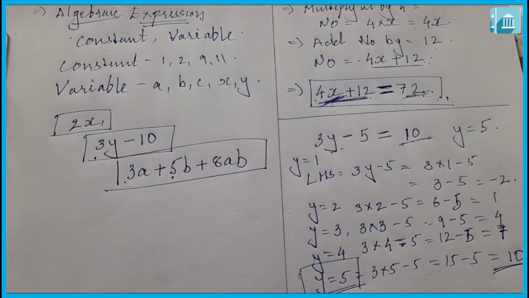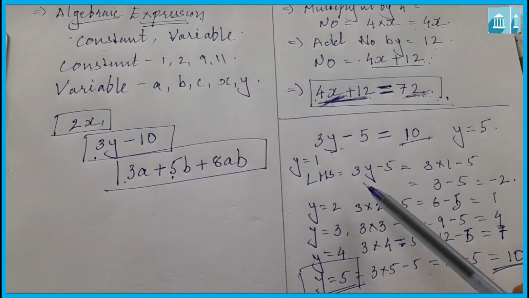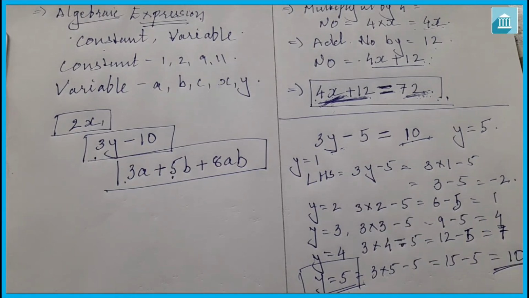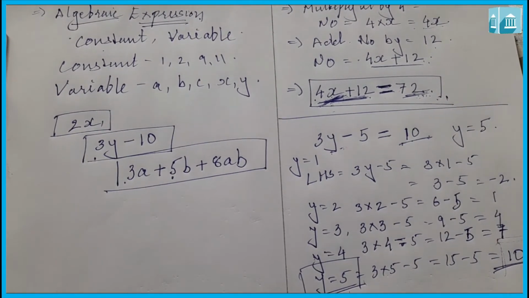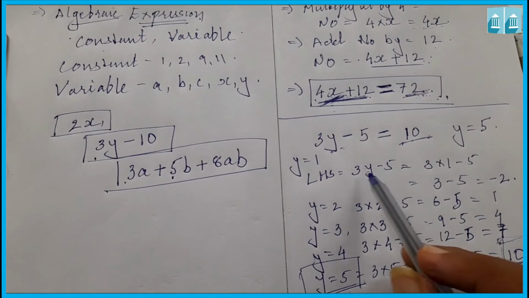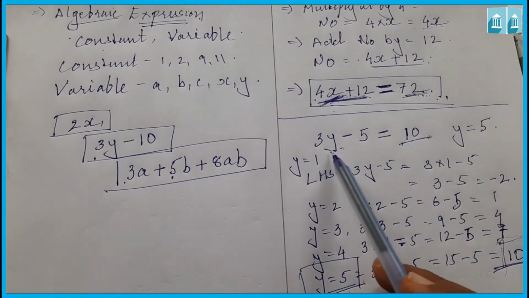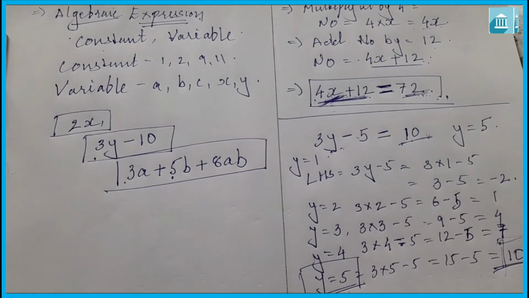There are other methods also, which we will learn in the previous session or next session. But just now we need to remember what trial and error is. Trial and error means we first find out the value of y with 1, 2, 3, and likewise we will see for what value of the variable both the expressions are equal. So in this way we can find out for what value of the variable both expressions have the same value.